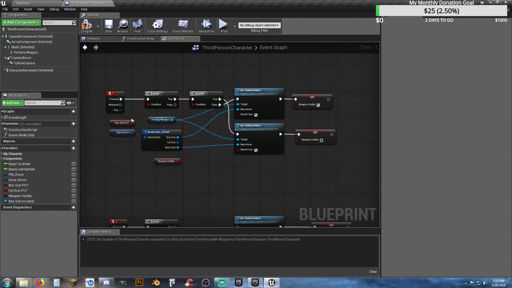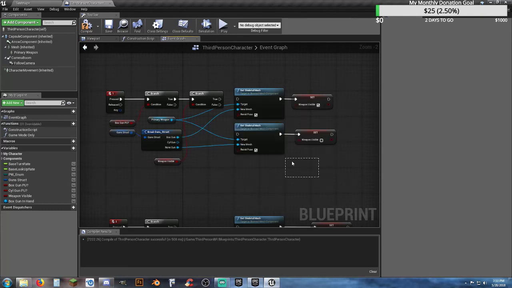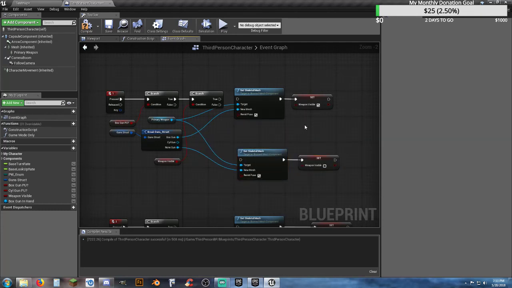So we ask, have we picked it up? Yes. Okay, then we can utilize this portion of it. Is there a weapon present? So it's asking, do we have this? If the answer is true, then let's actually break these. I want to do this correctly. All right, so we need to go through all this. On the true, we have this weapon. So is there a weapon visible? If the answer is yes, then we need to